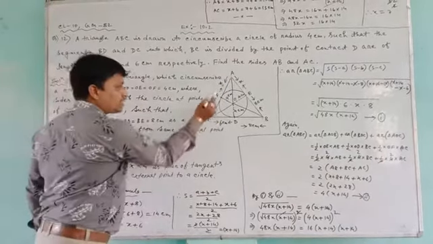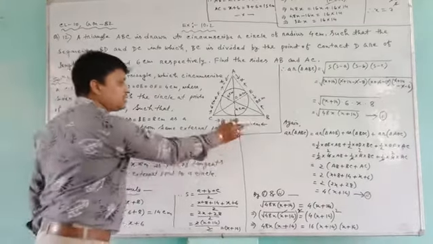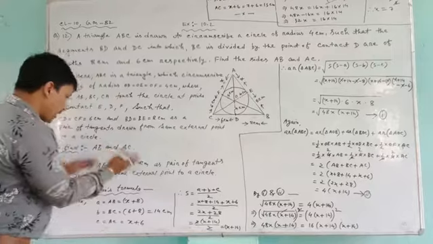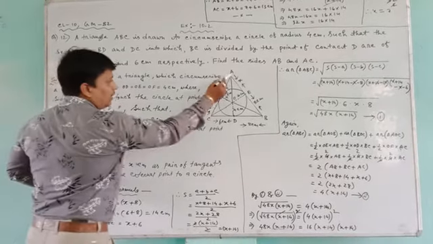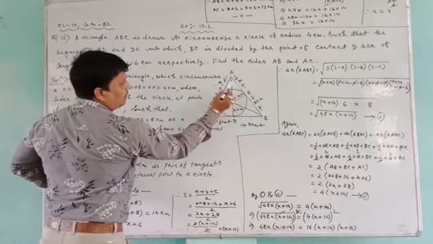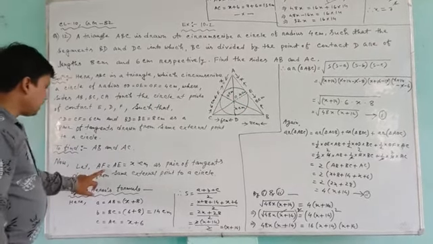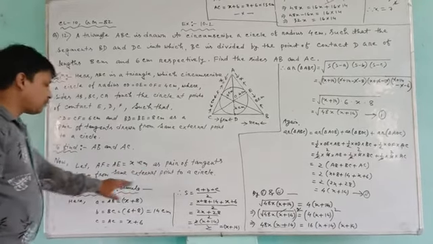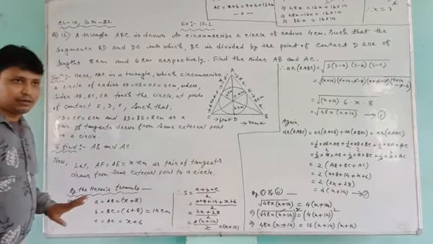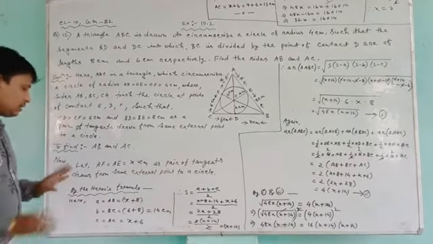That means we need to find the x plus 6 value and the x plus 8 value, and the BC measurement is already given. Next step: we have declared AF and AE measurement as x. So let AF equal to AE equal to x centimeter, as a pair of tangents drawn from the same external point to a circle are equal. This reason is written, and these two are equal.